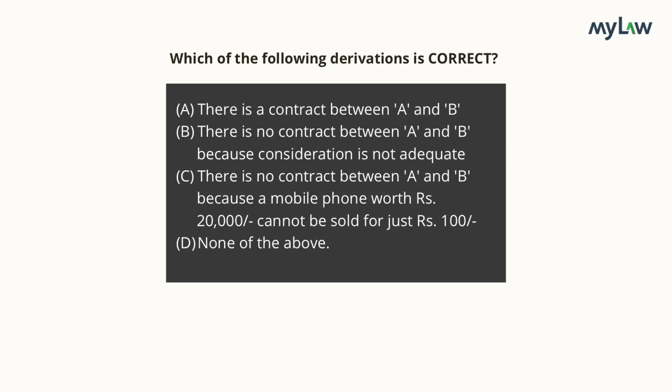Now let's look at the options. Clearly, B and C are wrong because they rely on the adequacy of consideration. A is closest to our conclusion, and that is the answer. See how a complicated-looking principle became very simple once it was broken down? That's the crucial first step. If you are able to break the principle down into conditions, then the remaining steps become very easy. Let's practice with another question. This time, let's do it without visualizing using switches and bulbs.